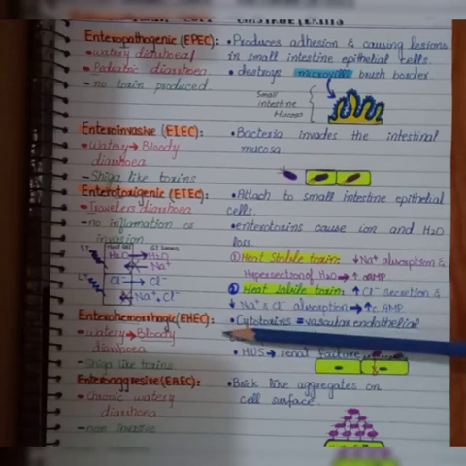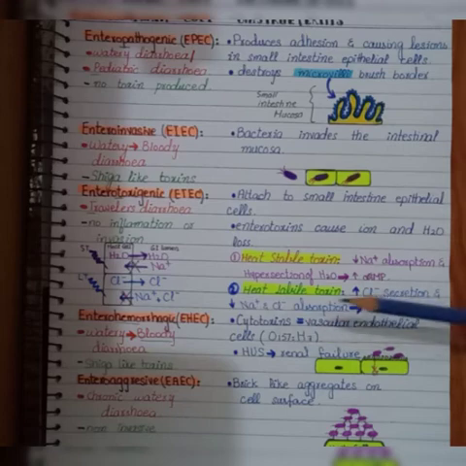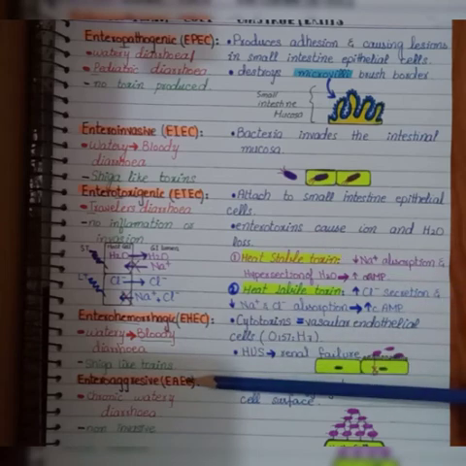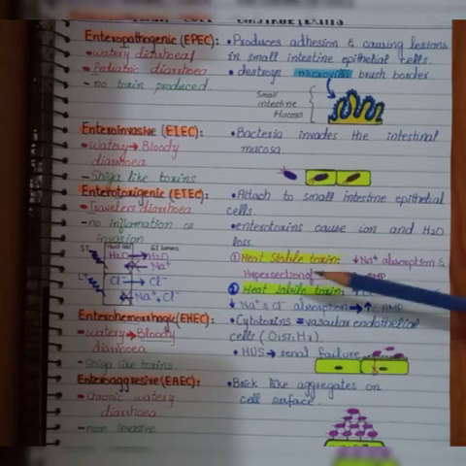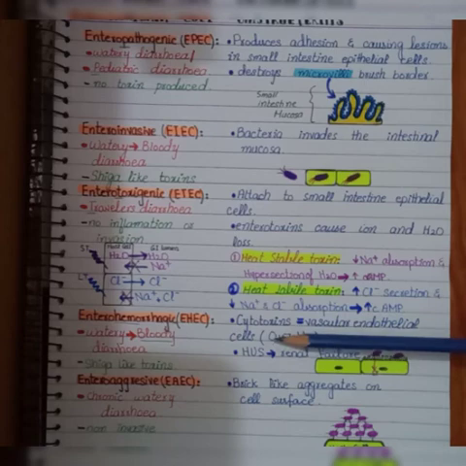And in the enterohemorrhagic E. coli, we have the most famous and the most popular serotype, that is the O157:H7, and O is going to be the cell wall antigen and H is going to be the flagellar antigen, and it will cause the Shiga-like toxin, so it will cause the bloody diarrhea. And this is mainly associated with the hemolytic uremic syndrome and will also cause the thrombocytopenia or the anemia, and will cause the renal failure.